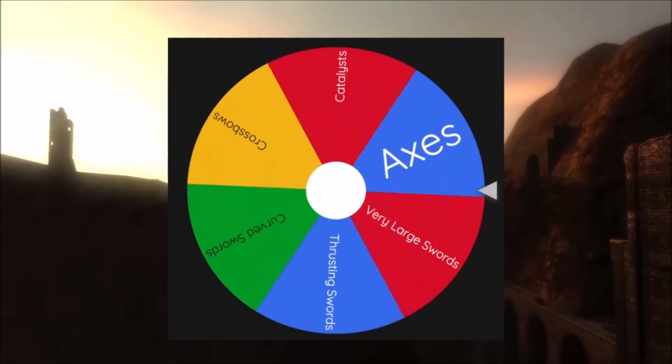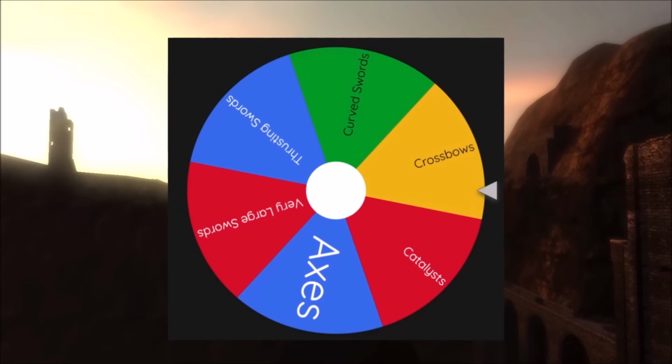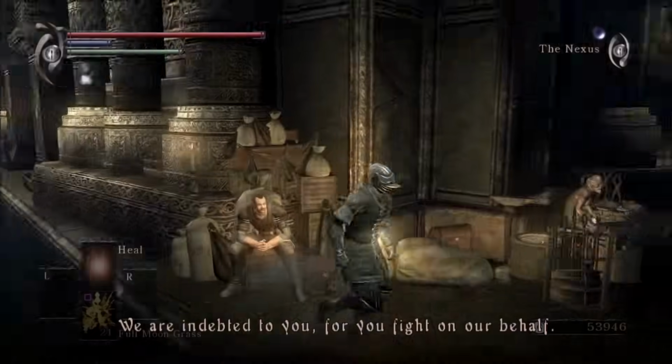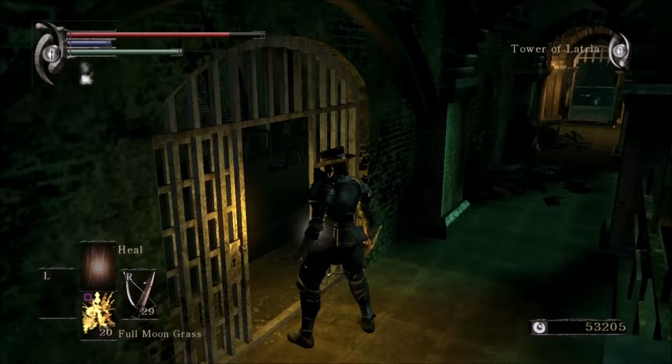Let's see what the wheel will decide for us next. Crossbows. I'm fine with that. I always appreciate the chance to try out something different. I'll reclaim that heavy crossbow that's been collecting dust in storage, then head to the once royal mistress to buy